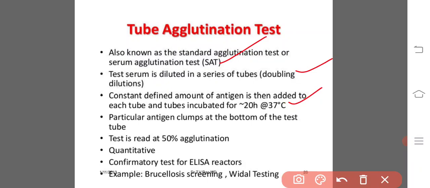Particular antigen clumps at the bottom of the test tube. Test is read at the 50% of agglutination. It is a quantitative method. Confirmatory test for ELISA reactors, all these come under the tube agglutination. The best example for the tube agglutination are the screening test for brucellosis, as well as the Vidal